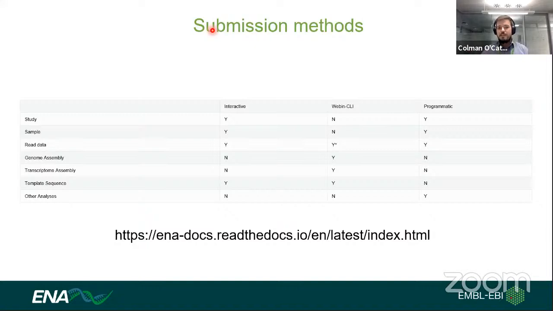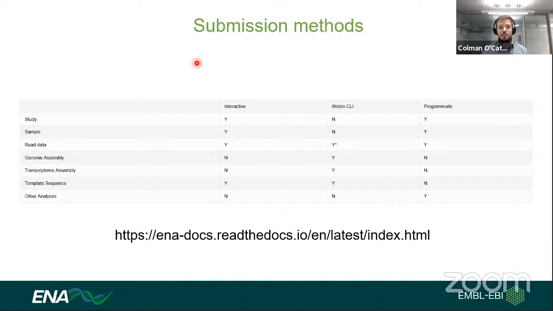And as you can see from this table, you actually can't submit all the different data types in any one method, but if you become proficient at any two, you would be able to submit almost every data type with a good degree of proficiency. I'll run through each of those different submission modes, explain the logic behind them and what you'd be looking at, but very briefly, because I do want to get into the meat and potatoes of the talk,